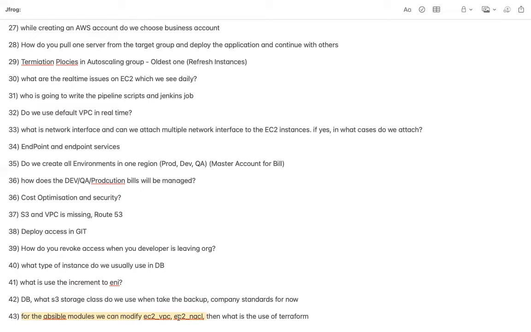Let us say you are dedicatedly working on new infrastructure provisioning again and again, or you are managing multiple cloud platforms, maybe GCP, AWS, or Azure. In that case, you are going to use Terraform. But if these are very small and minor changes, you can use Ansible as well. So that depends on the use case only.